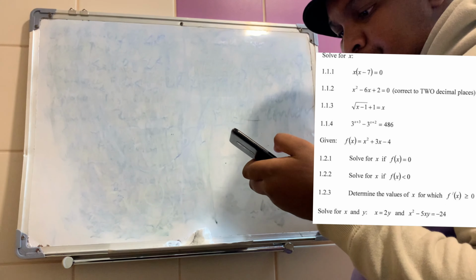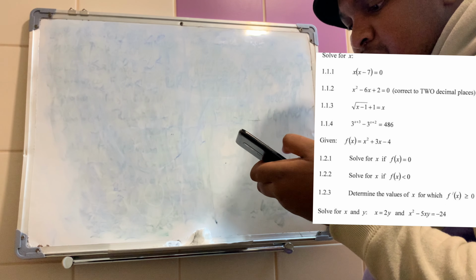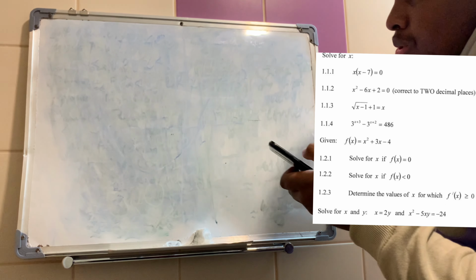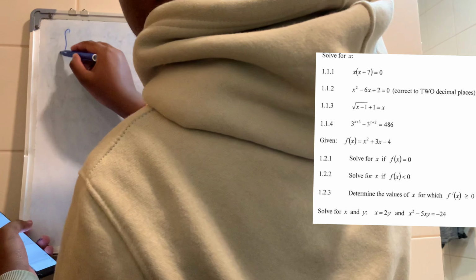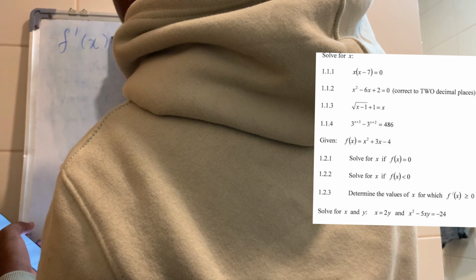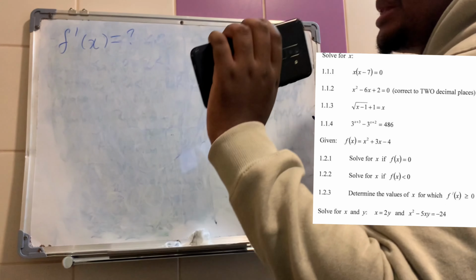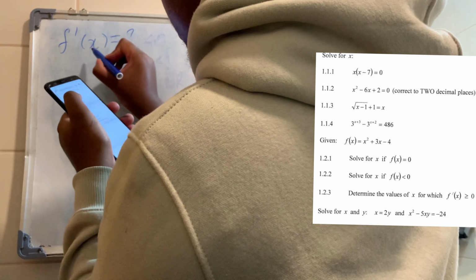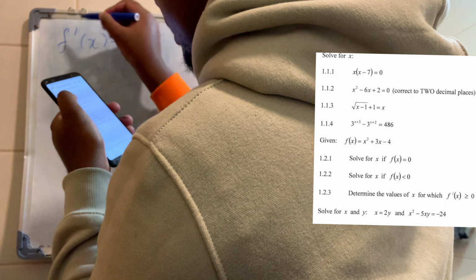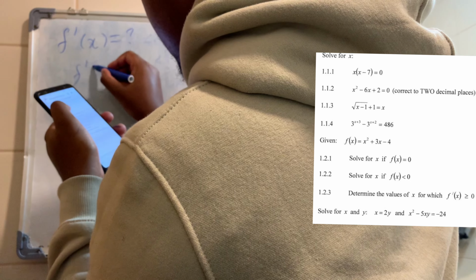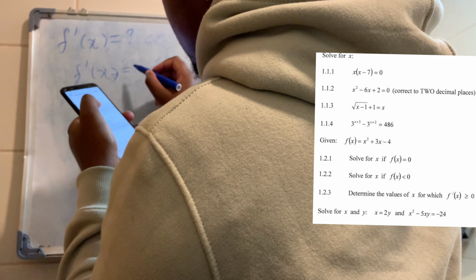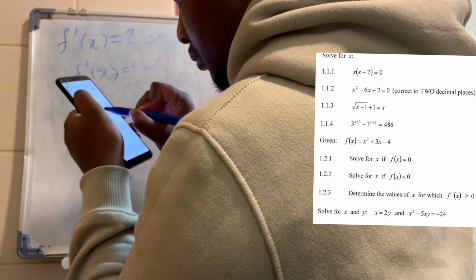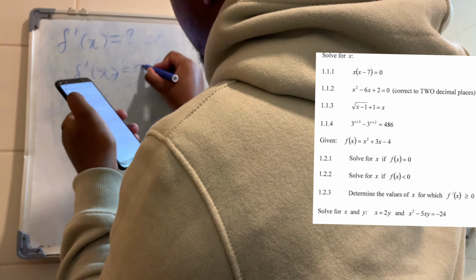Another question says, determine the values of x at which f prime of x is greater than or equal to 0. First of all, f prime of x. The derivative of this is going to be, let me see, oh, it's going to be 2x